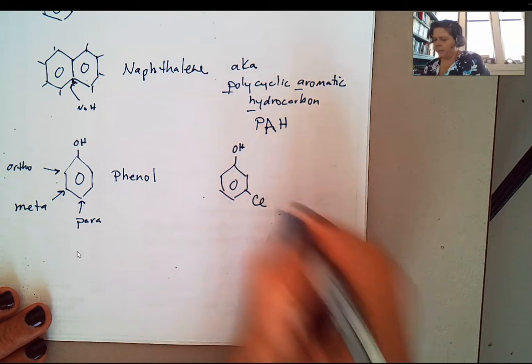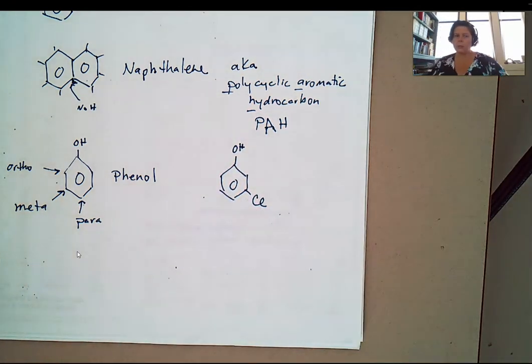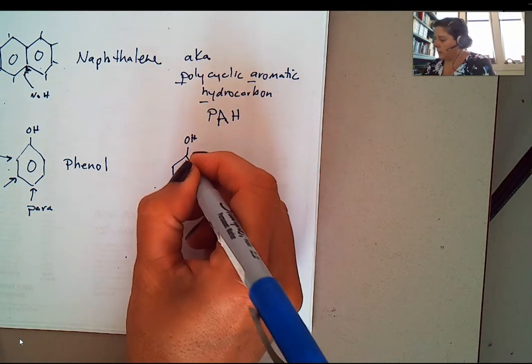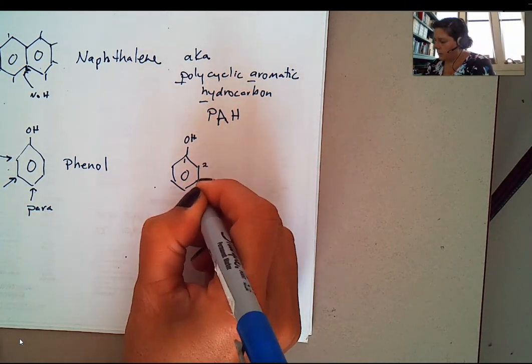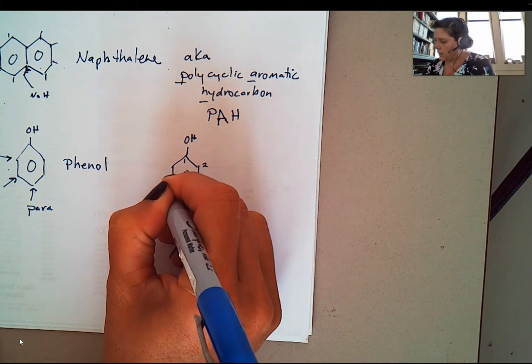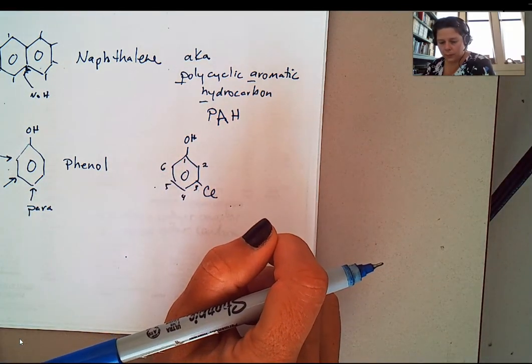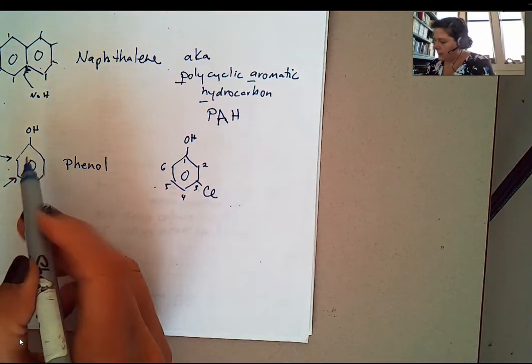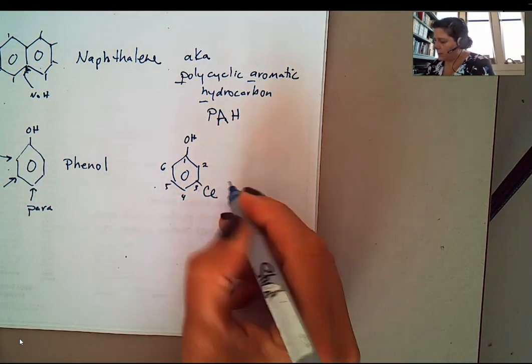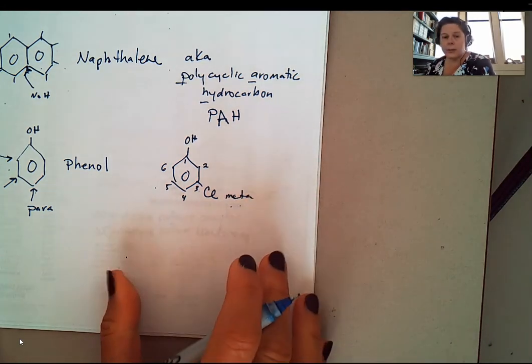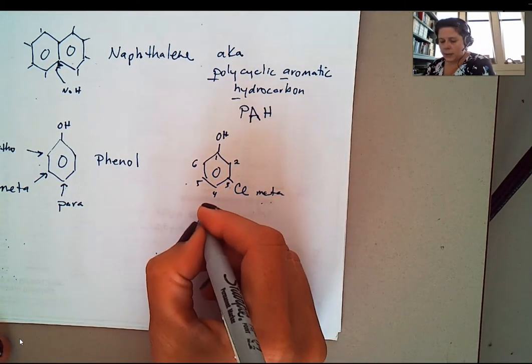Let's stick this here. So what do you think this would be called? I'm going to give you a second. Okay, so what did you guys come up with for a name for this? Well, we could go, this is the 1 carbon, this is the 2, 3, 4, 5, 6 carbons. So we name the carbons just like we have before. We number them. Also, this is in the meta position. Okay, so this compound right here could either be